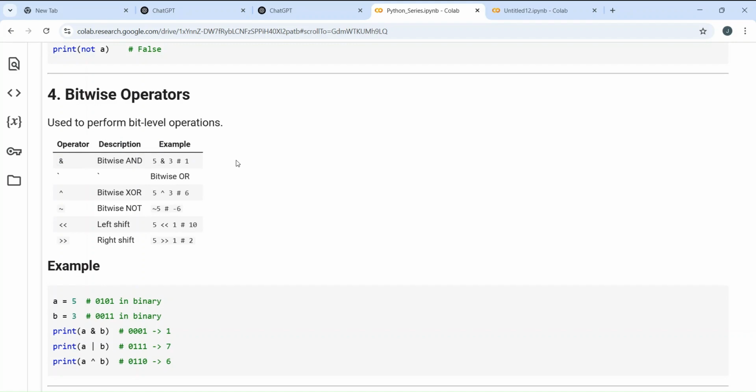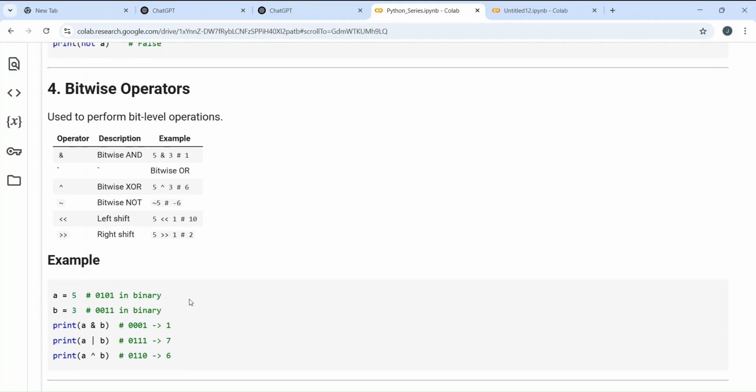So if I want to perform this bitwise AND on any two numbers, let's say 5 and 3. If you want to perform bitwise AND on 5 and 3, the first step I will do is write 5 in its binary format. Next, write 3 in its binary format.